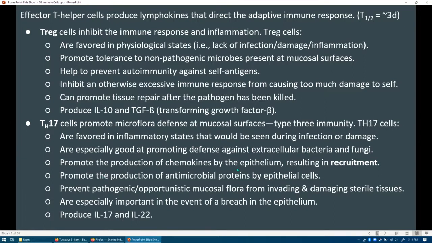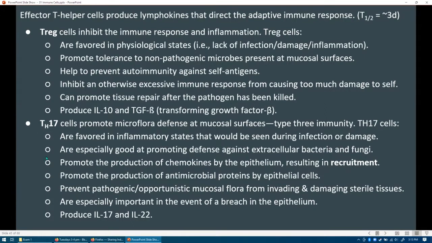Th17 cells promote production of chemokines by the epithelium, which results in the recruitment of neutrophils and other effector cells. They also produce cytokines that cause the production of antimicrobial proteins by epithelial cells. So some innate defense proteins are going to be greatly upregulated when Th17 cells kick in. And they prevent pathogenic and opportunistic mucosal flora from invading and damaging sterile tissues. So you can think of them as sort of being the first line of defense in terms of T cells against